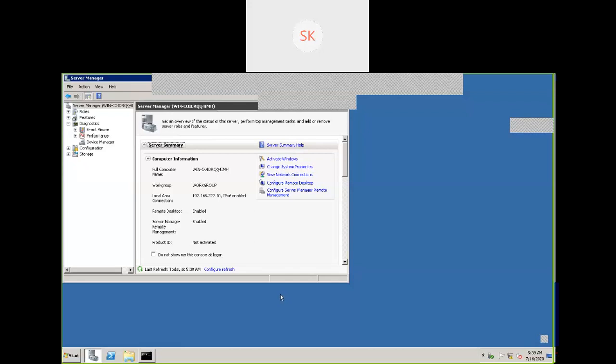Okay, static IP and dynamic IP. For servers, the recommended option is we have to assign a static IP only. Static IP in the sense we are assigning an IP address manually. Once the IP address is assigned, what class it belongs to, what is the subnet mask, what is the gateway, what is the DNS server. All those things we need to configure.